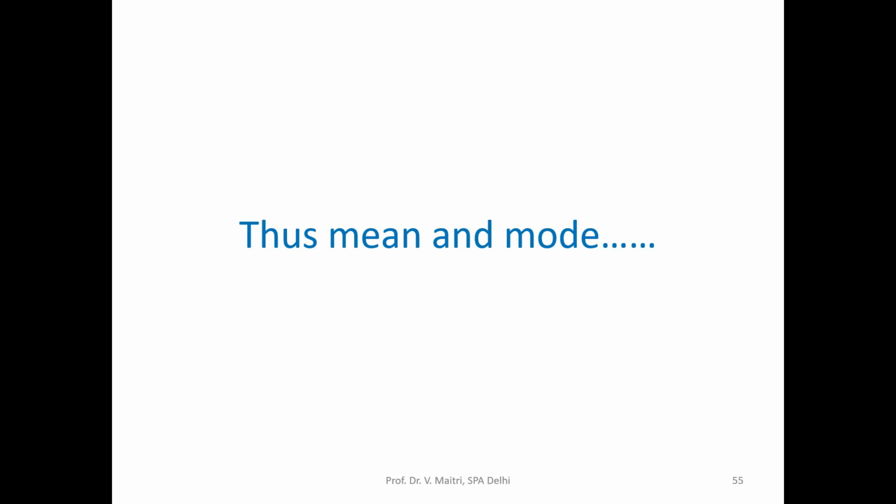So today we are able to conclude the two measures of central tendency, mean and mode. I hope it is very simple. You have done it in your 11th or 10th class, but still it is a type of revision. You can also calculate these using Microsoft Excel or Google Sheets, but that is a separate issue.